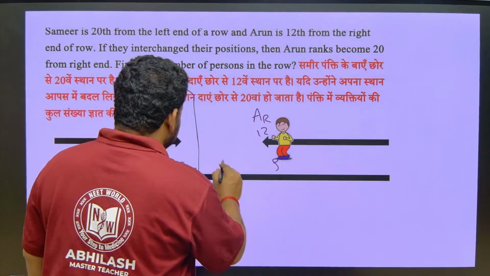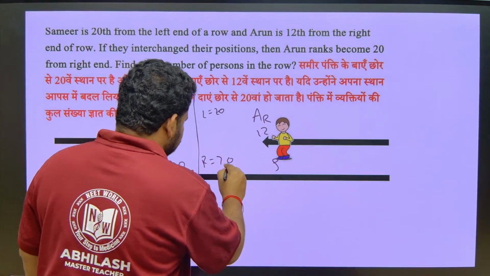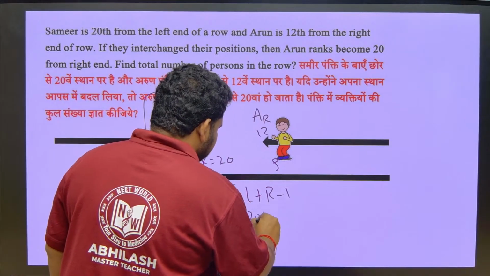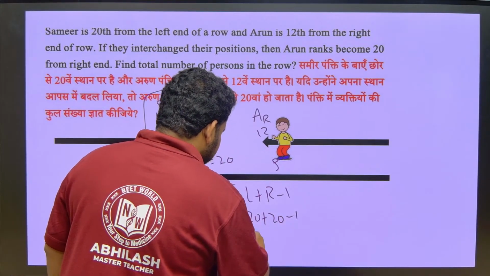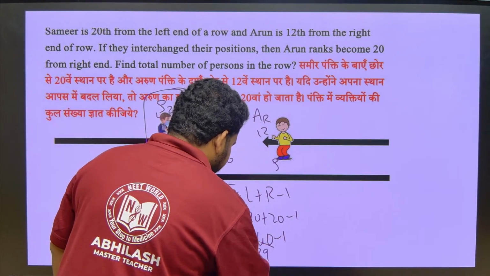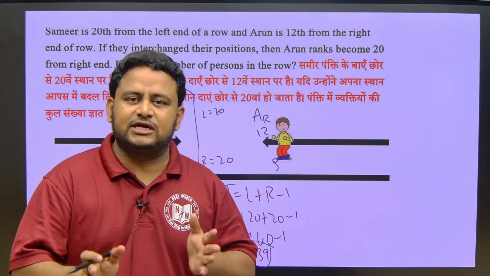Total is equal to left, which I got as 20, and right, which I got as 20. So total is equal to left plus right minus 1, that is 20 plus 20 minus 1, that is 40 minus 1. I get total is equal to 39. So definitely I have to get left hand also, right hand also, then only I can get the total